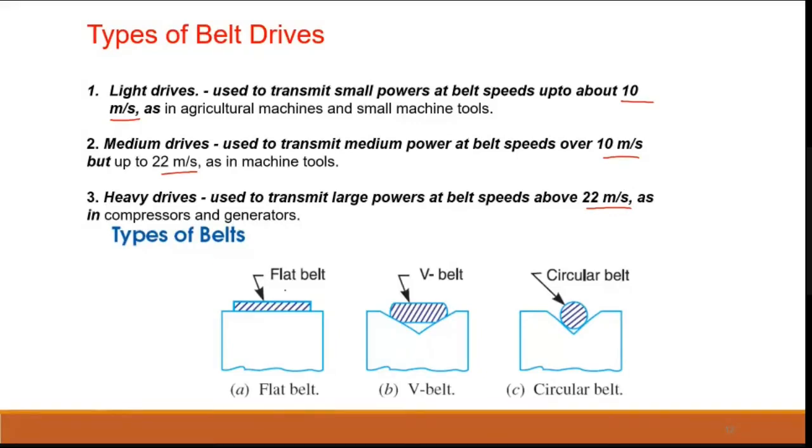And types of belts, you have flat belt, V belt. So of course, it will be like this. This picture is wrong. Actually, your V will be like this, a trapezium. Right? This is your V belt, and a circular belt. Right? And most of the applications, they go for V. Sometimes they go for flat. They won't prefer circular. Why?